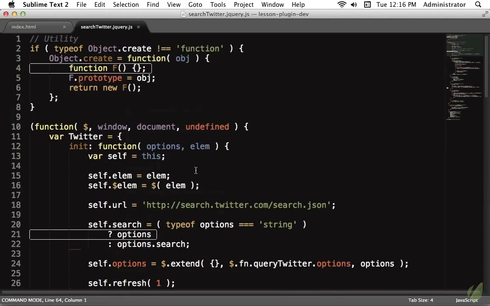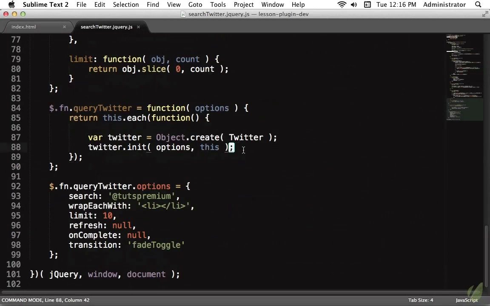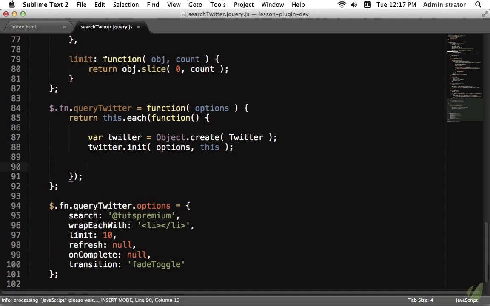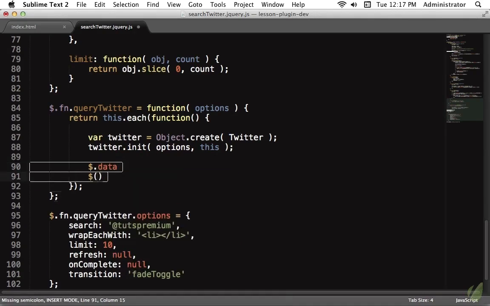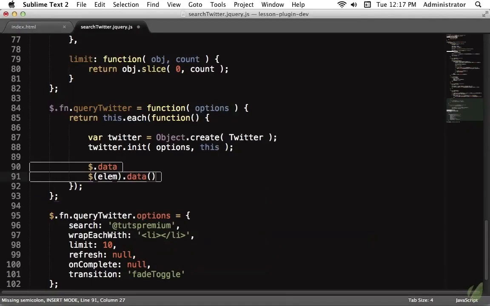So we've done quite a bit here. The final thing I want to do is when we create our instance right here, let's save a copy of the instance just in case the user wants to modify it. And a common way to do this is to save it to the element's data. So we could say jQuery.data. By the way, jQuery.data will be an order of magnitude faster than doing elem.data. So you have the 2 different ways to access it, but using the version off the jQuery namespace is going to be infinitely faster. So let's come back, and we're going to set some data for what element, this, what